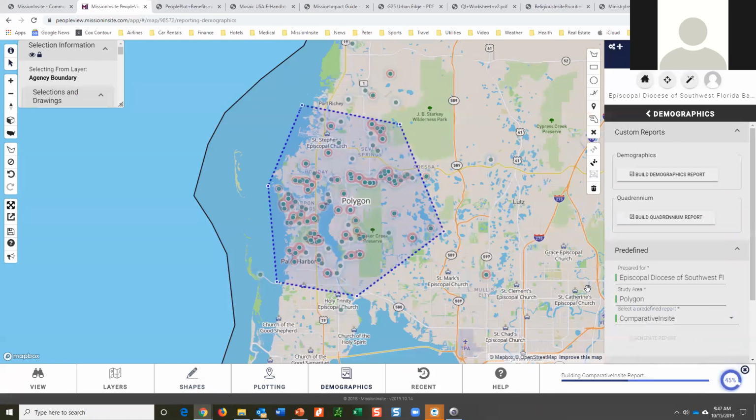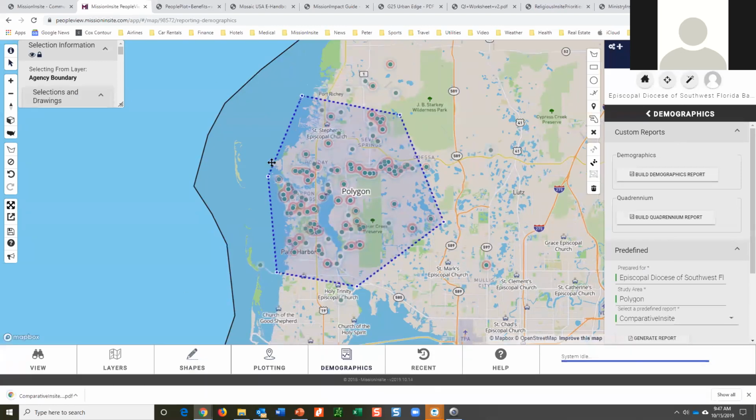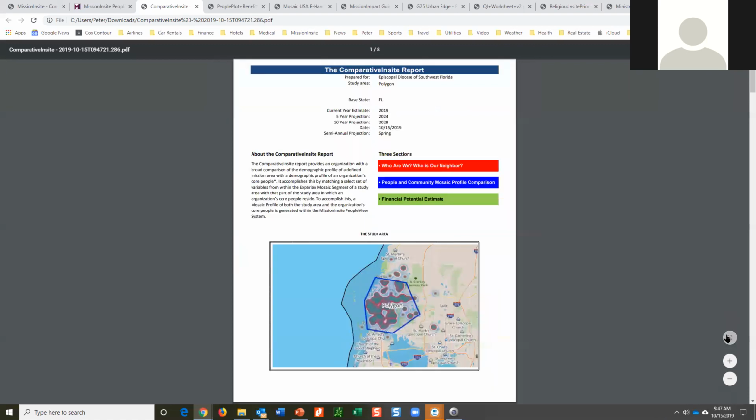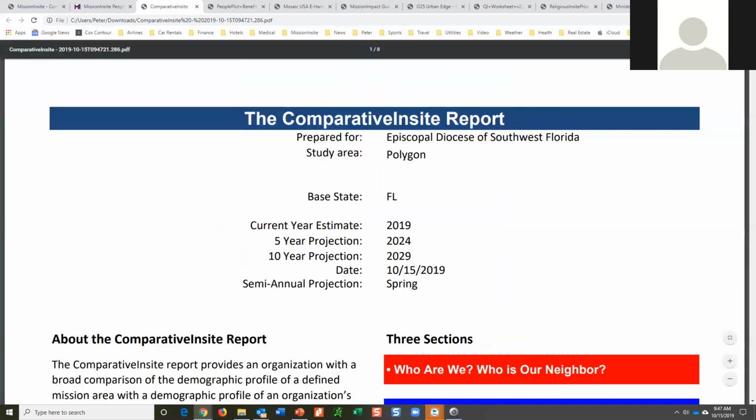And there are 3 sections. I'm going to show you those very briefly, and then we'll take any comments or questions. This is the core view, and then the community view, and the fusion view is this report, a comparative insight report. This is the sophistication.